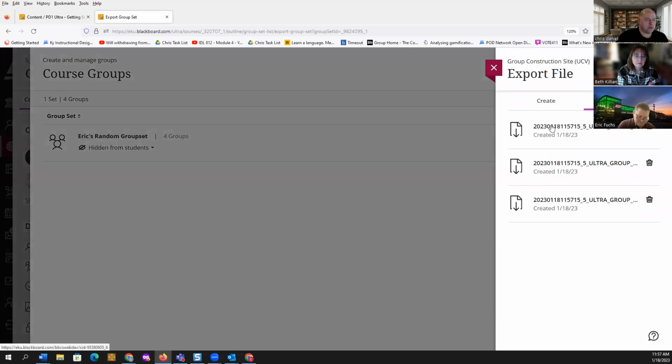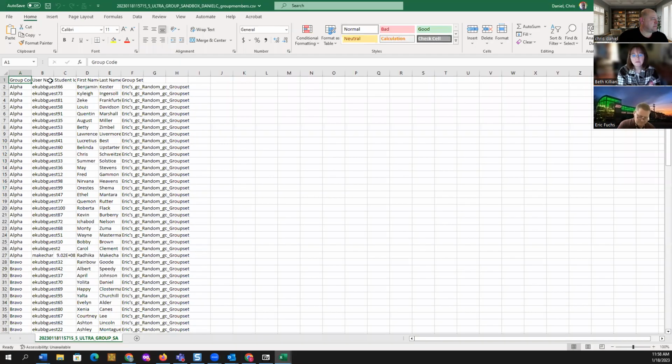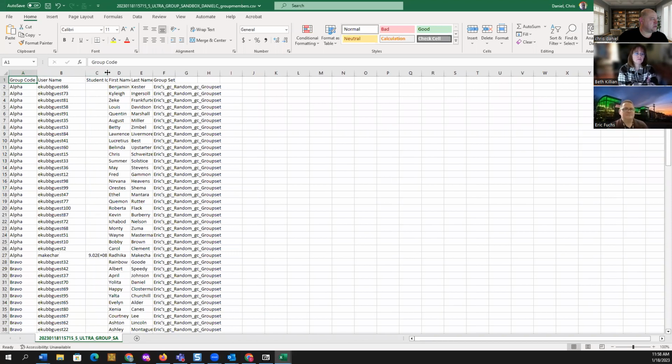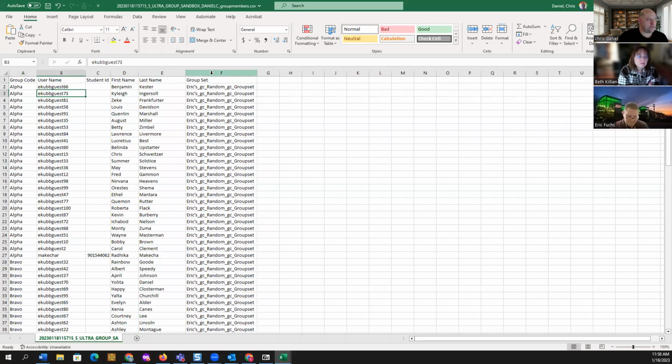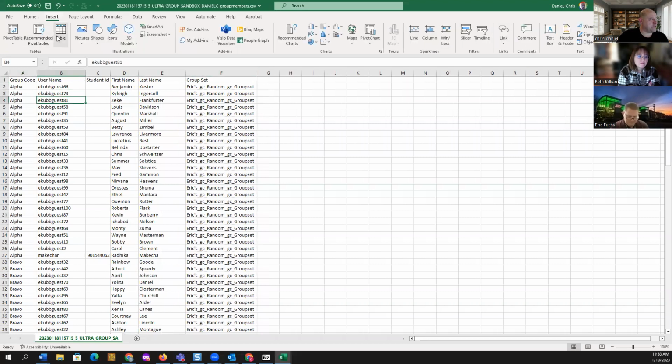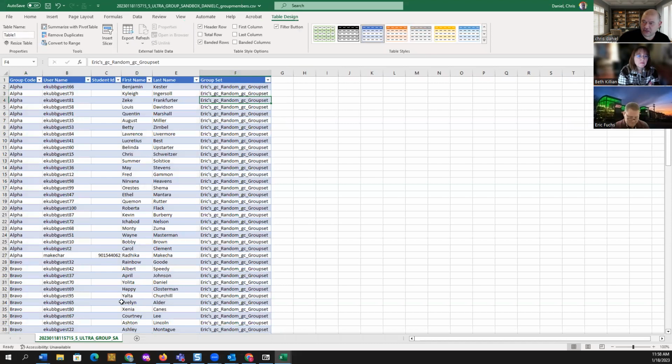When I open that, group members, now it's not very pretty right this second, but it gives me the group name, their username, first name and last name, and then the group set, which we could delete. If I just go to insert and table and say it's got headers, with a little bit of editing, now I've got an offline list I can just sort of refer to.